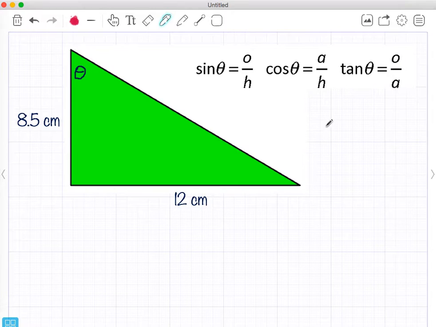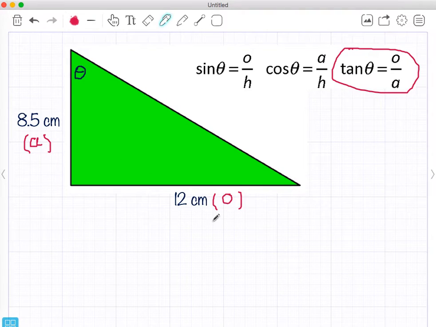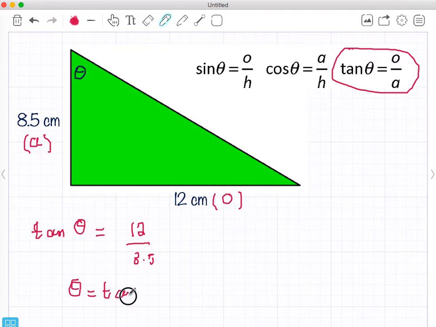Okay, you might want to pause the video and have a go. I'm going to choose tan because I've got opposite and adjacent. Opposite and adjacent is tan. So I fill out what I need to know, which is tan theta, opposite is 12, the adjacent is 8.5. Theta is tan to the -1,